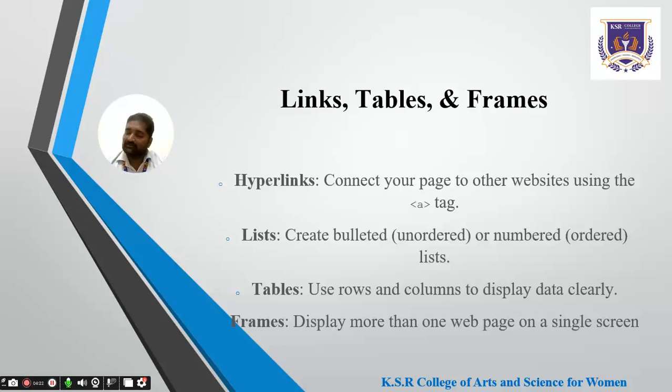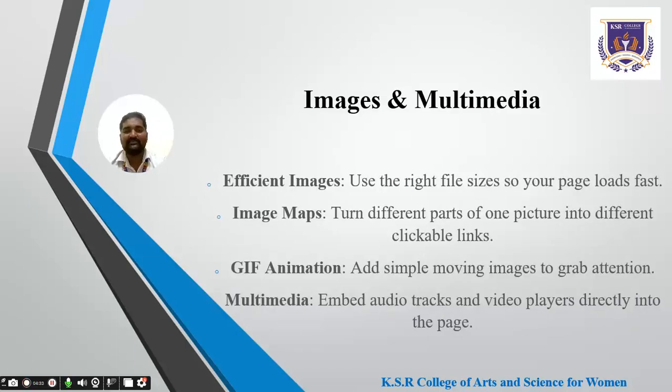In tables, it uses rows and columns to display the data and the relationship among the data clearly. Frames display more than one web page on a single screen, various frames. Images and multimedia. Efficient images use the right file sizes so that the web page loads much faster. Then image maps turn different parts of one picture into different clickable links, which enables you to move to other contents. GIF animations make an image look like a movie. It adds simple moving images to grab attention, and also it will be attractive. Then multimedia,